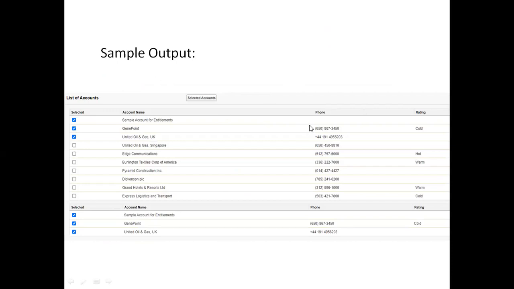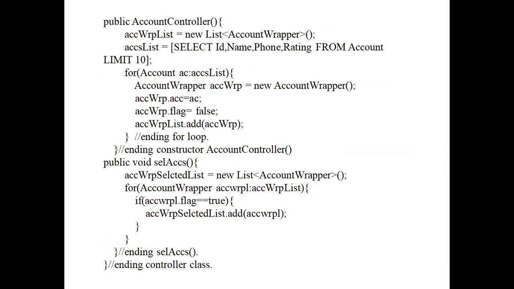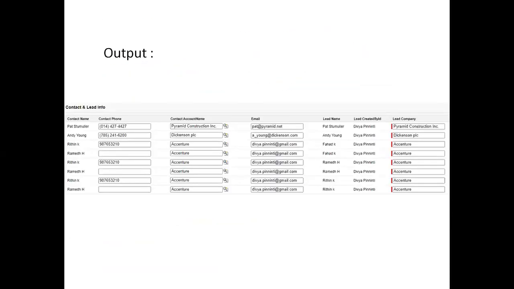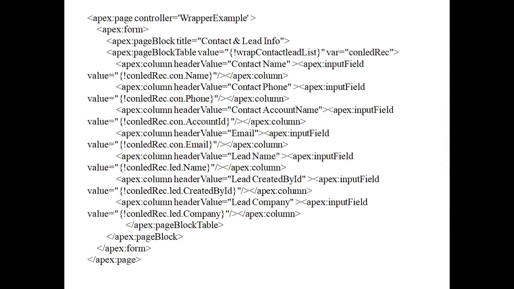Is that clear, sir? Yes, ma'am. It is good and very clear. You have given two examples, contact and lead, where in both records the email is the same, and then I want to display both in one row. And the other one is a checkbox with the accounts. Yes, the main purpose is when we want to show different types of values in one table. One table, correct. We can create our own data type. Same like you just told, the account object is our type, one class. There we have all the fields, right? Different data types: number, email, currency, phone, right?